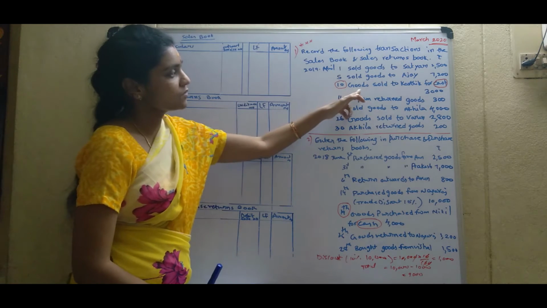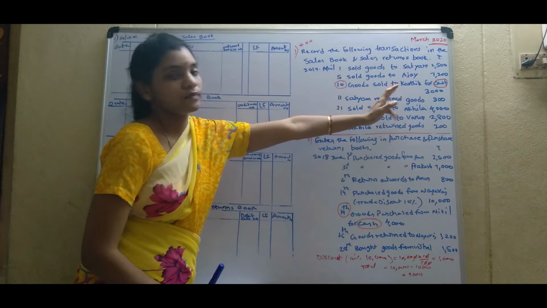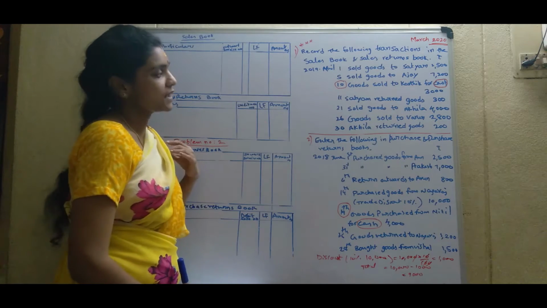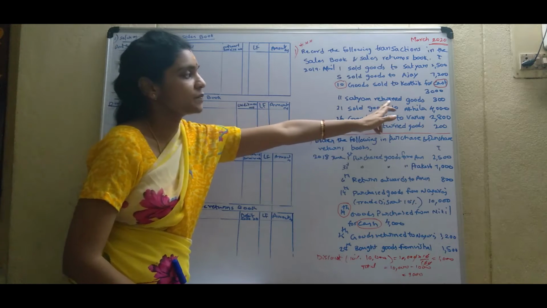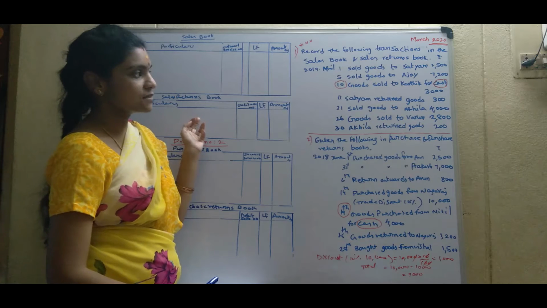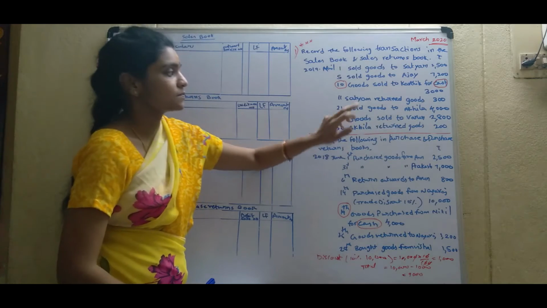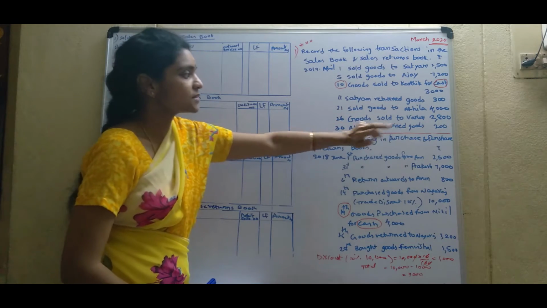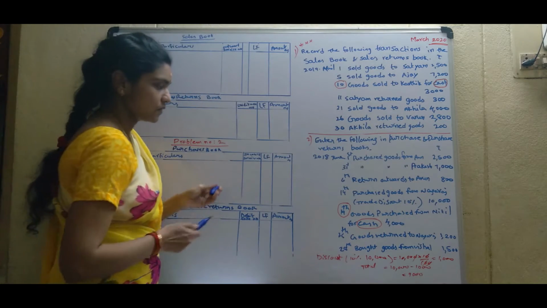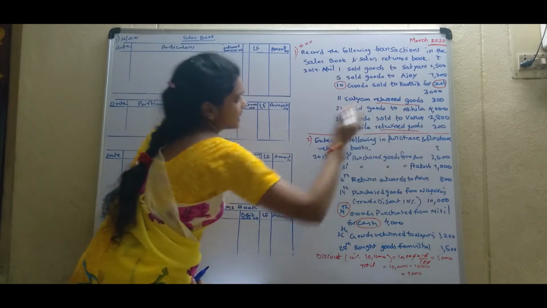sales book. And coming to the next transaction, goods sold to Karthik. Though they mention the name, sales are for cash. So, we just ignore the transaction. And coming to the next, Sachem returned goods. It means we enter this in the sales returns book. And coming to the next, sold goods to Akila. Goods sold to Varun. This is also sales book. And Akila returned goods. Returned goods all come into sales returns book.